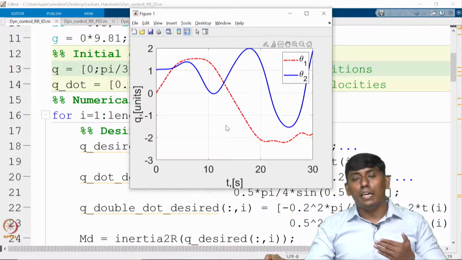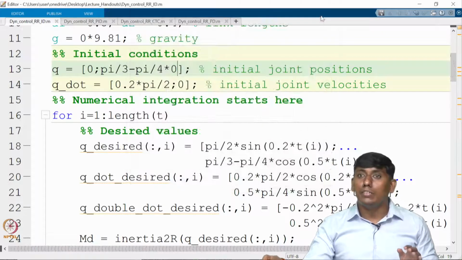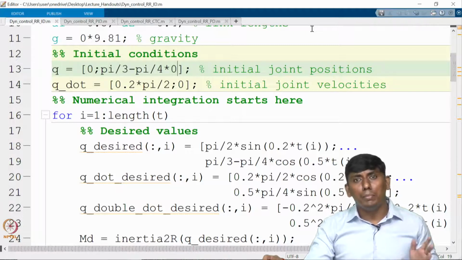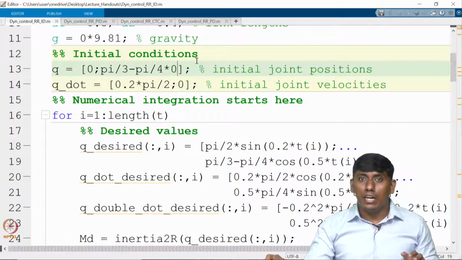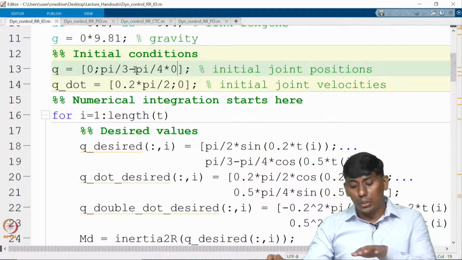In fact, if I extend this, it may end up even unstable. That's why people are not really using inverse dynamics as simple open loop feedforward control.